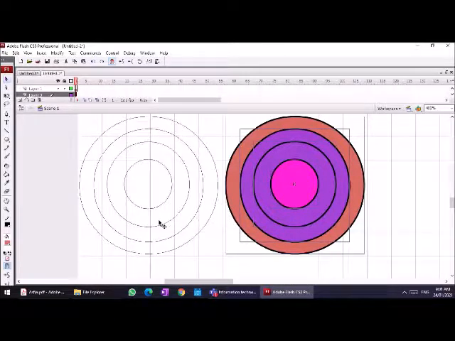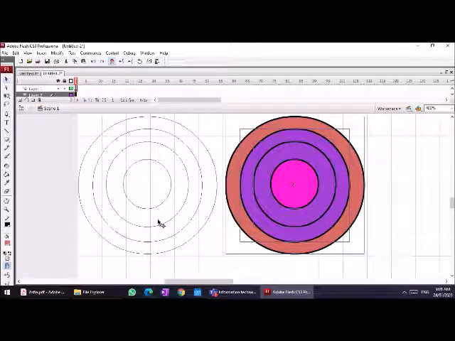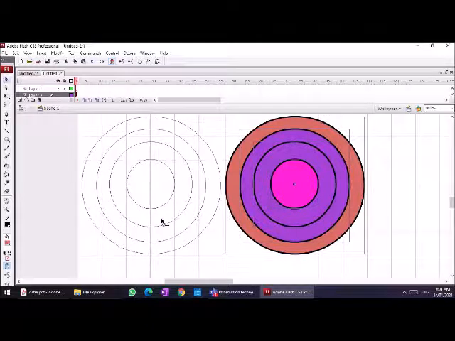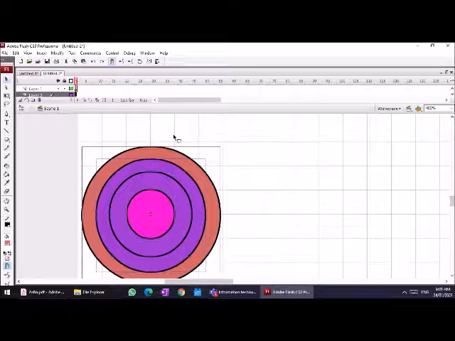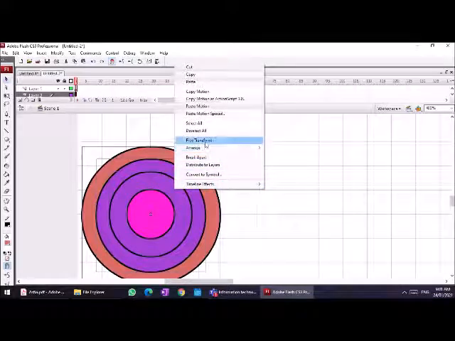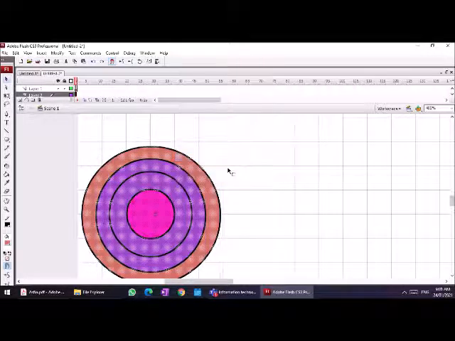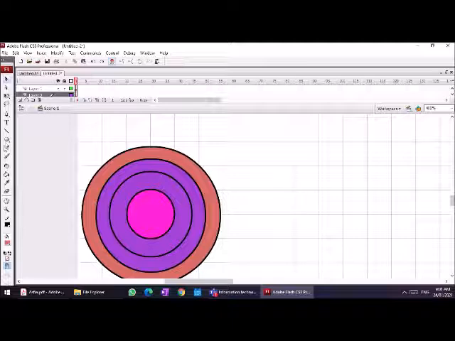To cut it in half, it's better to arrange it on a grid so you know how much you want. We want to cut it at this line. So I'm going to change it into a shape by using the break apart. And now just use a rectangle tool.